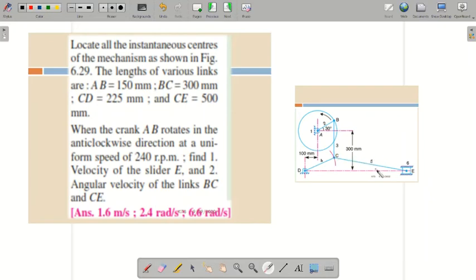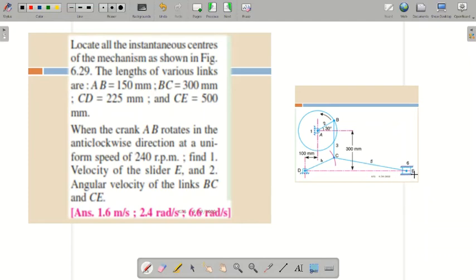So four questions. First of all, we have to locate all the instantaneous centers. Then we have to find out the velocity of slider E. Then angular velocity of link BC. Then angular velocity of C. Okay? I'll tell you one thing. If you want to find out the